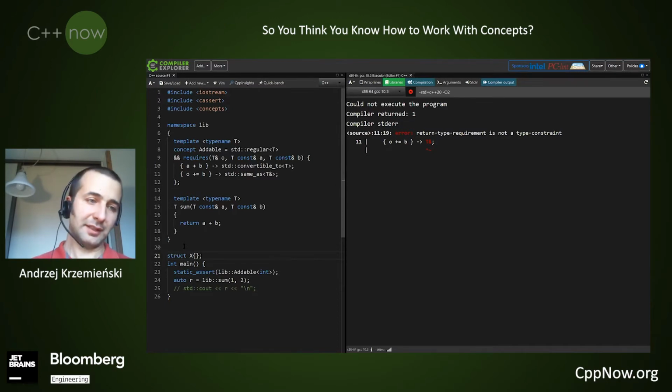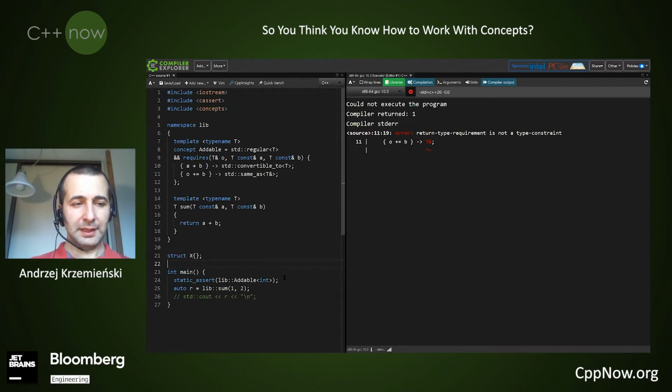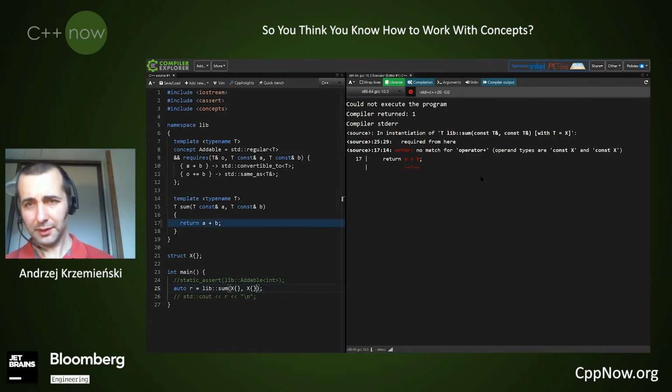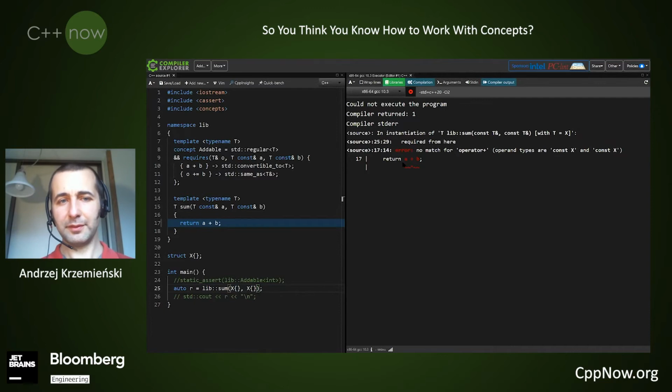We'll create some struct that doesn't have operator plus at all, and we'll try to call our function sum. Let's compile. This is the error message. It's quite informative. This is a plus b that cannot work when I call function libsum.